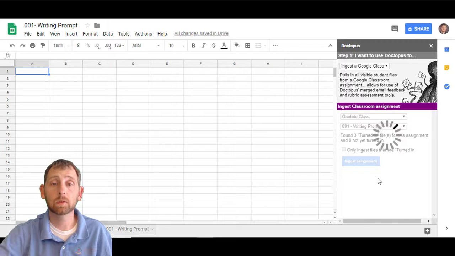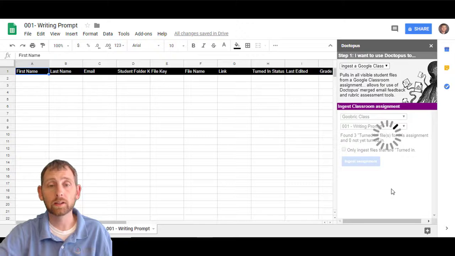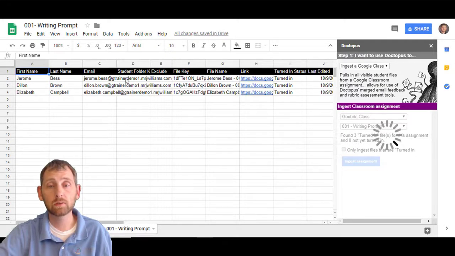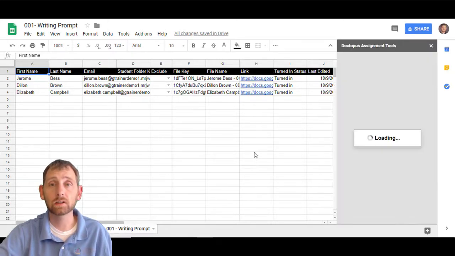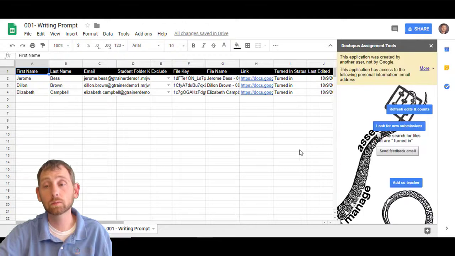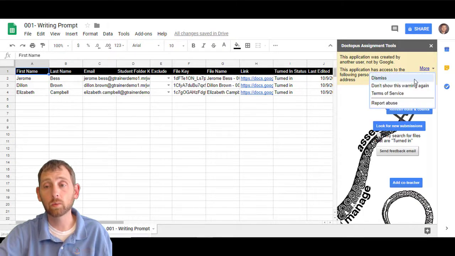What this does is it just pulls it into the spreadsheet so that I can use Goobric from within there. So it pulls it in, it shows me my students' names, it gives me a link directly to that file, and then after that's finished, it will allow me to install my rubric and put that within